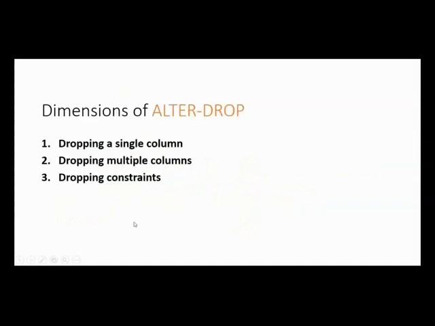And the table name. So what are the possible dimensions of this alter drop? You can drop a single column, you can drop multiple columns, and you can drop constraints like primary keys and foreign keys. You can add primary keys, foreign keys, all those constraints with the help of the add command, and with the help of the drop command you can also drop the existing keys. For example, you have a primary key and you no longer want to use it as a primary key. What can you do? You cannot create a new table, so you will drop that particular constraint. That's it. You are understanding now? The advantage of this alter command is to make the database flexible for the user. Okay, practically we'll see all these dimensions.